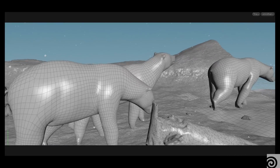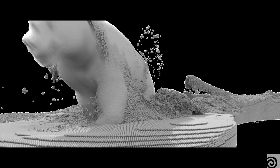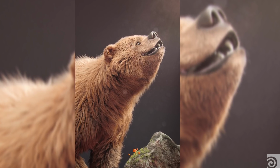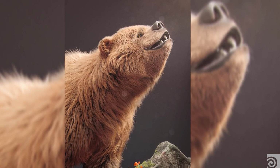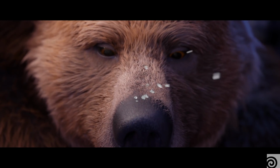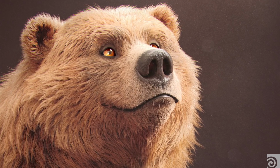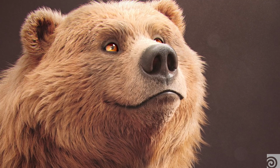For this project, we really had a chance to use Houdini in more aspects of the pipeline than we usually do. Basically to go beyond just effects and move on through character effects and also some environment building and full lighting and rendering. The hair on the bear, we knew right away had to be top-notch. We'd done hair in the past, but we knew this was a different game. It had to be almost realistic, in a sense better than realistic, a realistic level of detail, but